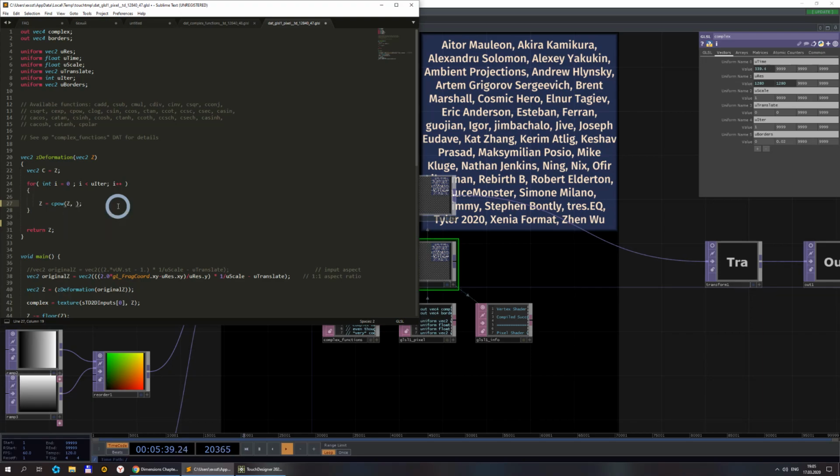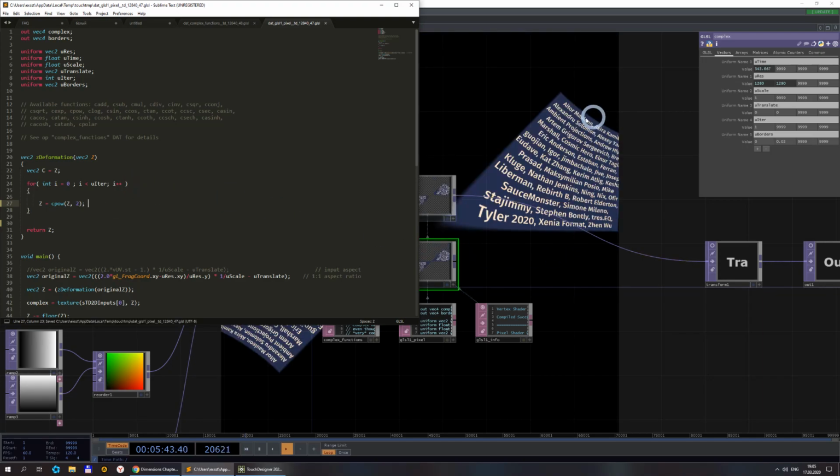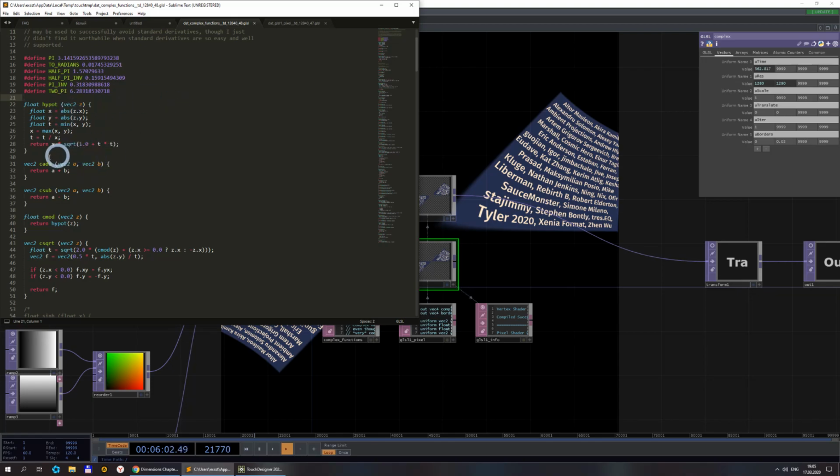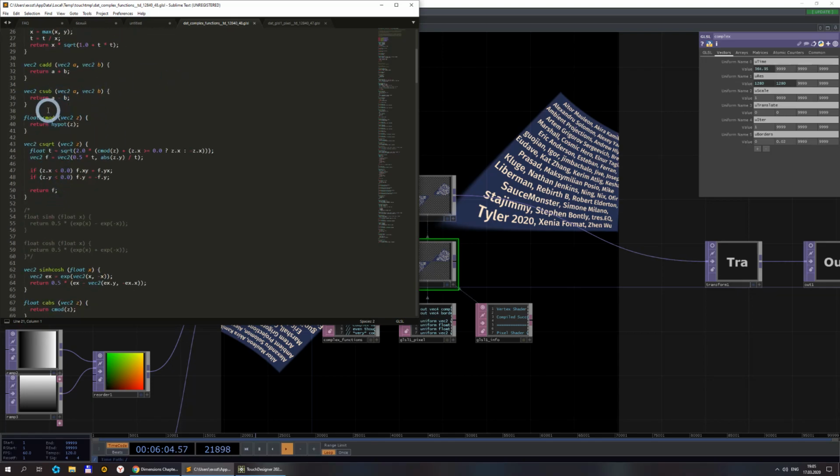Z squared equals 2, and voila, we have this squared transformation. And by the way, you could always look into this complex functions dot to see how every function works,